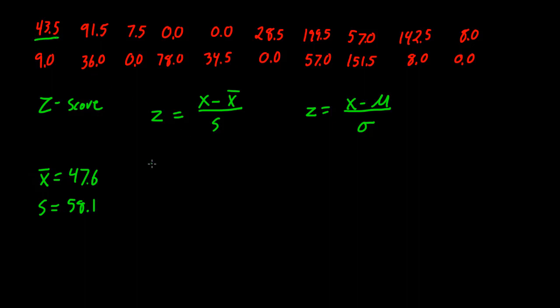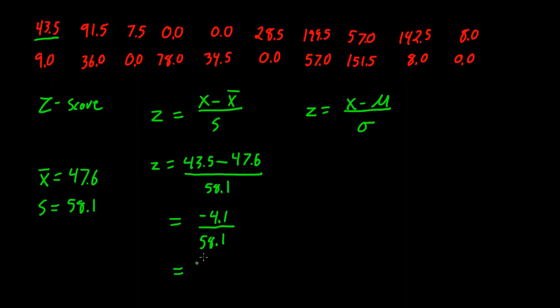And to do that, we're going to say Z is equal to 43.5 minus the mean, or minus our X bar, which is 47.6. So 43.5 minus 47.6, and then we divide that by our standard deviation, which is that 58.1. So if we do that subtraction on the top of our fraction, we get 43.5 minus 47.6 is equal to negative 4.1, and then the bottom of the fraction stays the same at 58.1. So if we then do that division, we get negative 4.1 divided by 58.1,